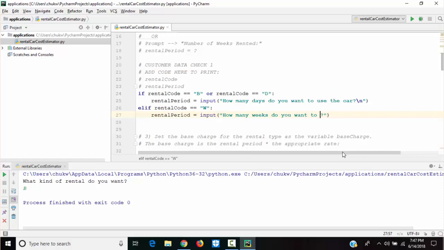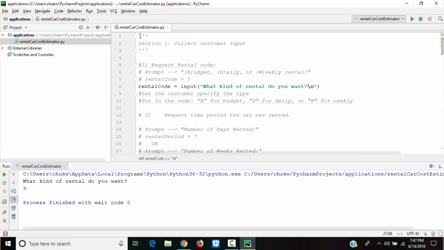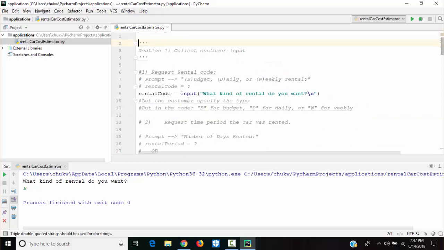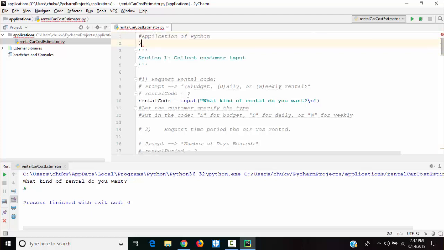Because this is a rental car estimator, I'm gonna put the comments here. Application of Python concepts used. I'm gonna do this comment. Concepts used.